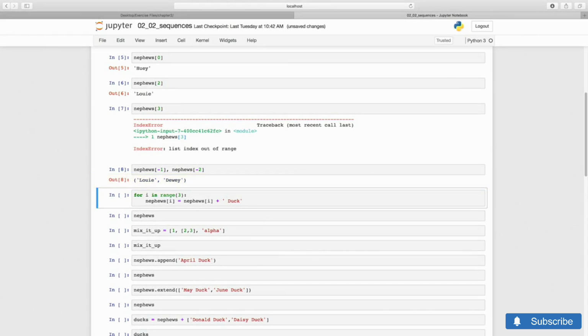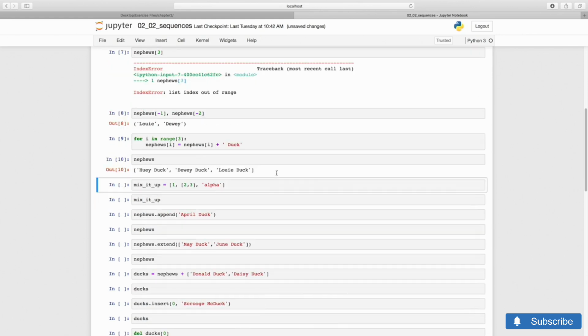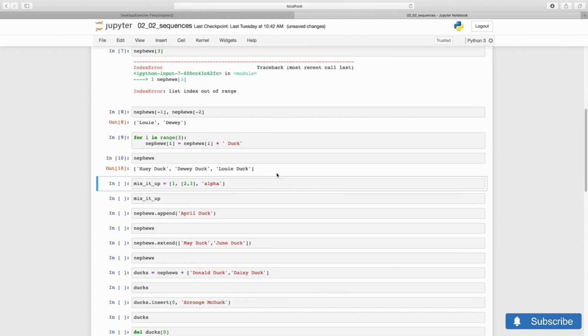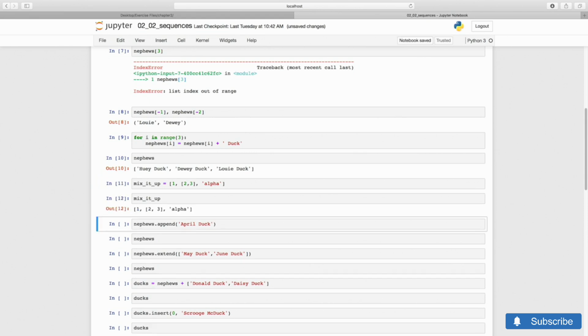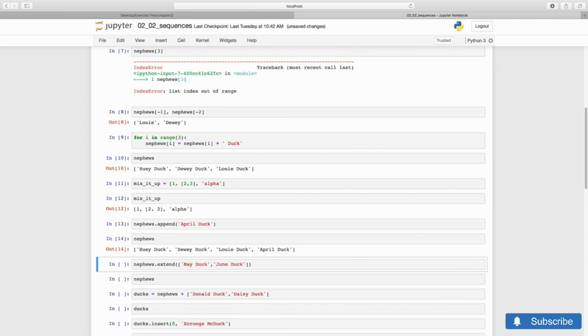The bracket indexing notation can also be used to reassign elements. Let's do that for all the nephews with a simple loop. Here we're just adding their last name. It's important to remember that lists do not need to have homogeneous content, such as all strings or all numbers. We can mix it up. To add a single element at the end of the list, we use append. You see that here we're using Python in an object-oriented way, by accessing a method, specifically append, of the list object. It's so easy that we barely notice it.